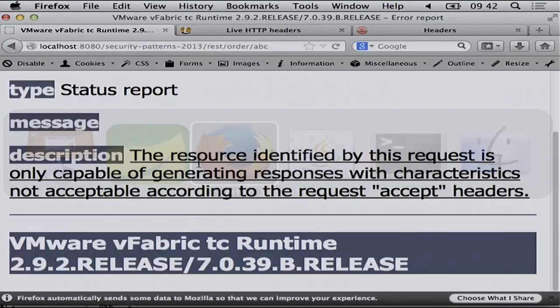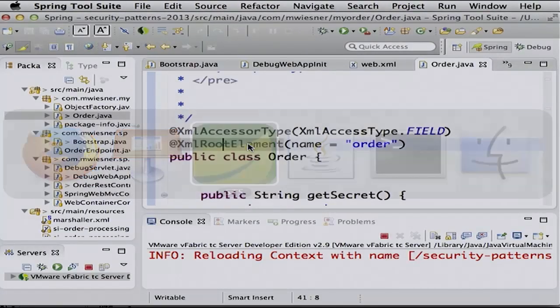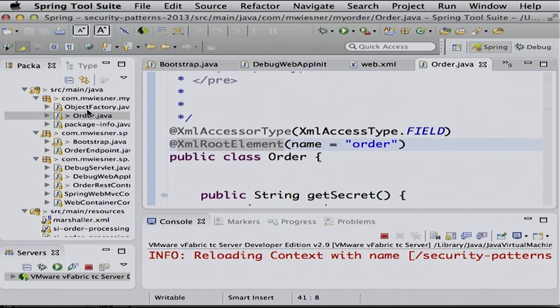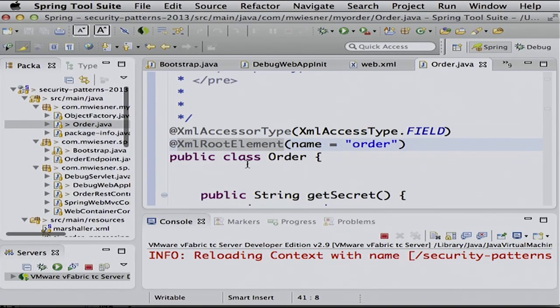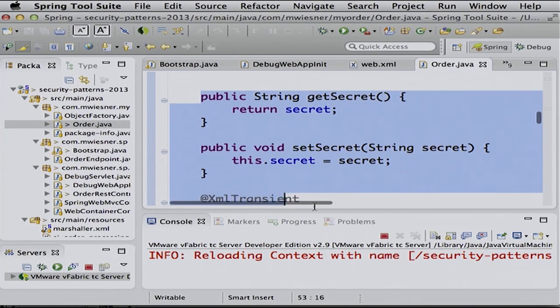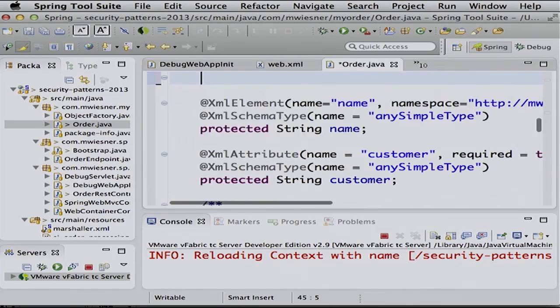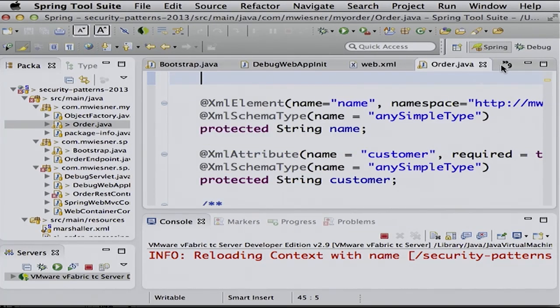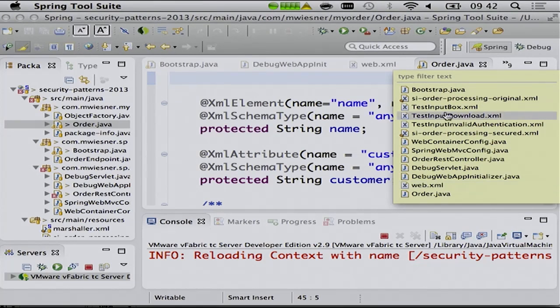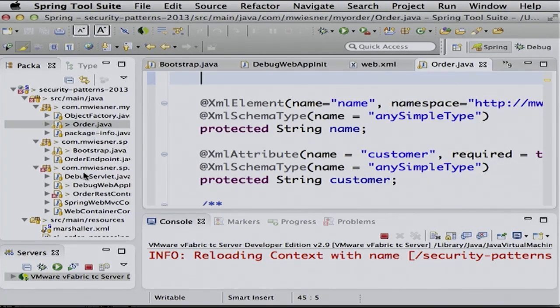But there's also one pretty interesting security misconfiguration thing I might want to show you here. Let me just repair that a little bit. We'll remove that get secret for now, just to make it simple again.